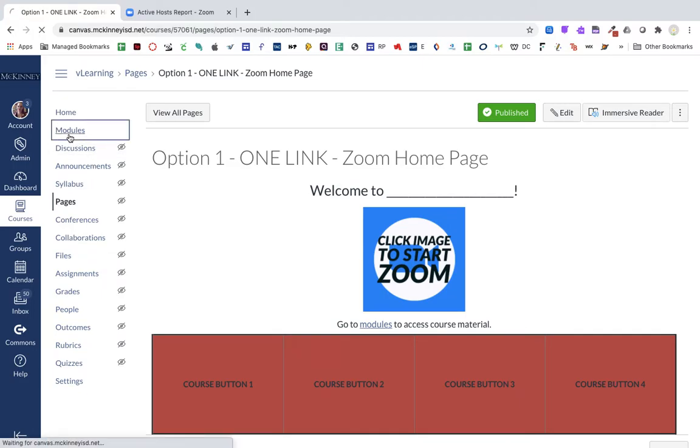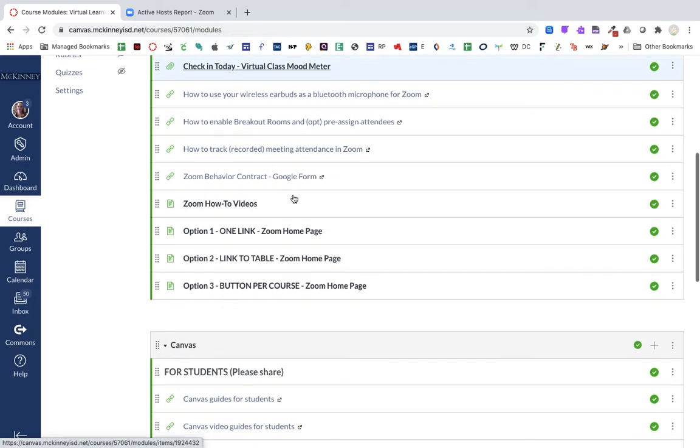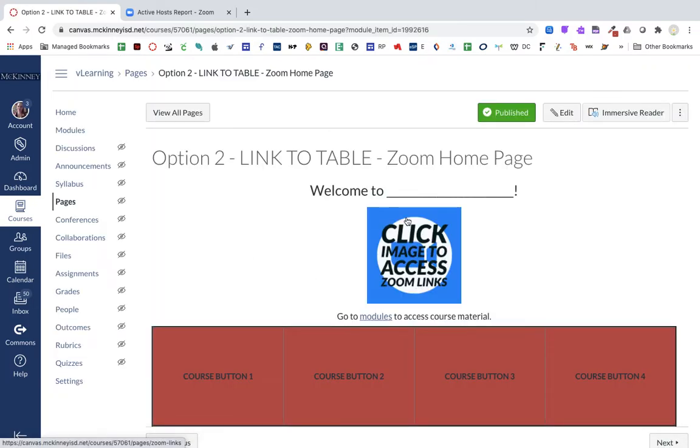Next, we're going to look at option 2. So option 2 is not too much more work for you. It does keep it a little bit more organized. So we're going to keep it on, click on option 2. And this is the option to link from one button, all of your Zoom meetings. So I'm going to click on this icon,